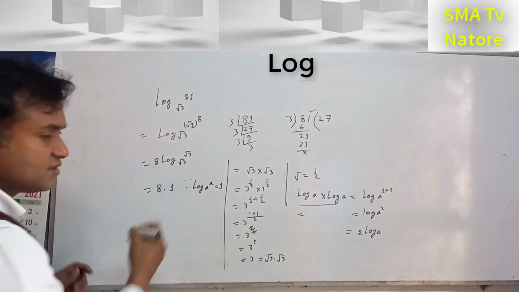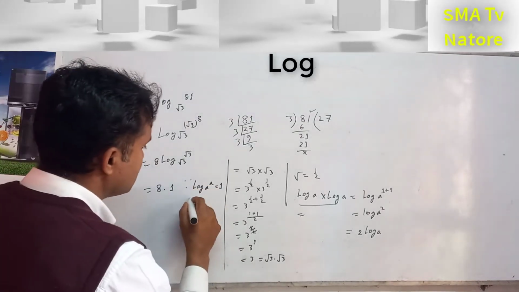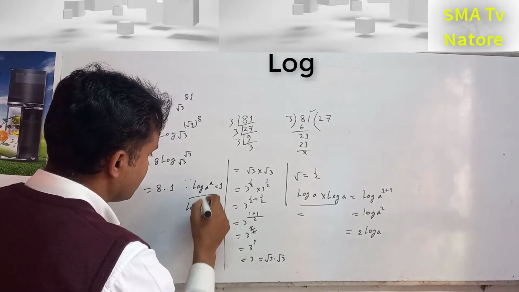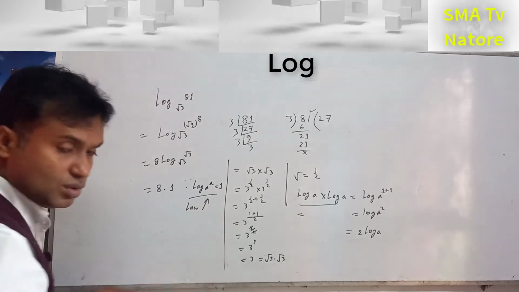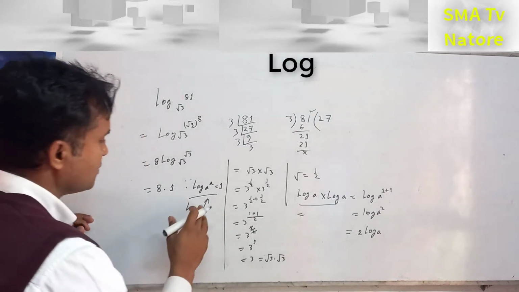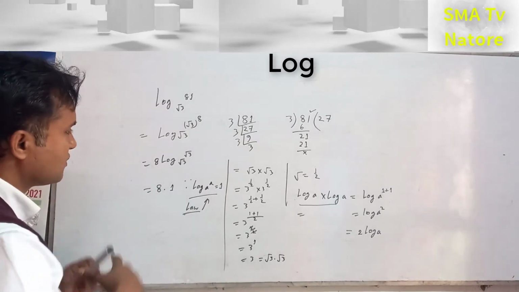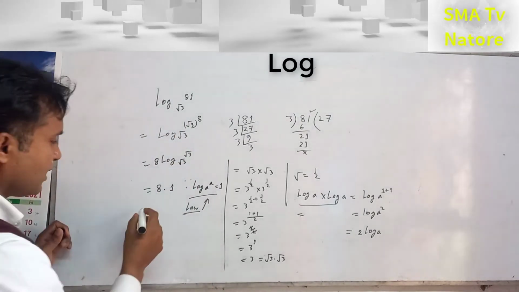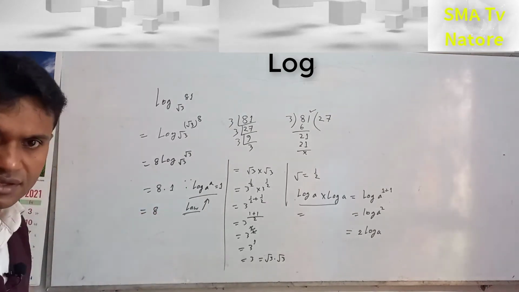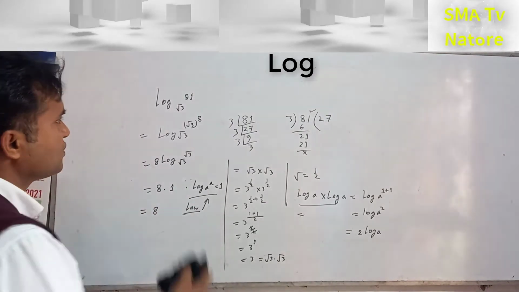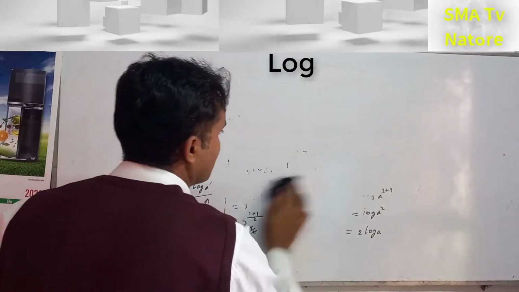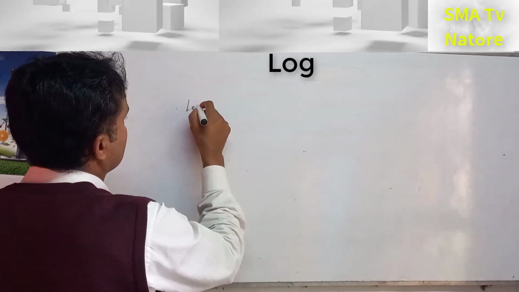Okay, so this is the law, so the law is here. So this is one kind of formula, this is the system. So I hope you can understand this math, and here the answer is only 8. Okay, so if the number is a big one, what will we do? log